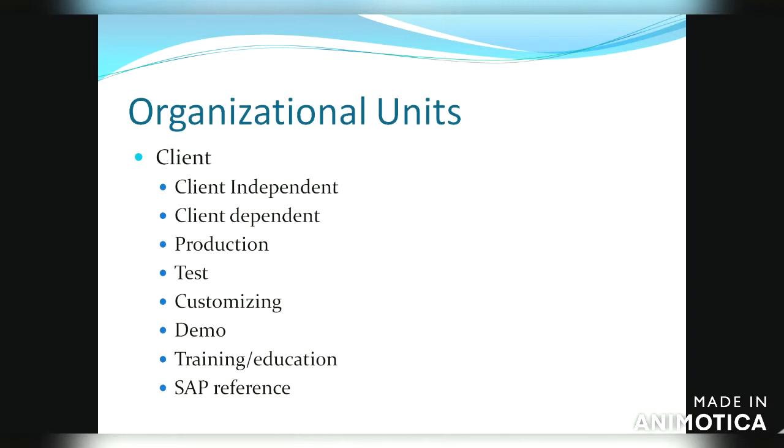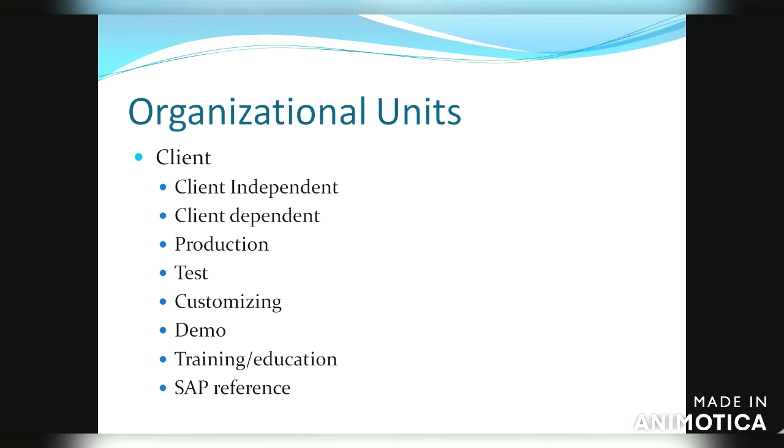So if we need to talk about it in business terms, what is a client? Your client is generally a corporate group or a group of affiliates, and the configurations which we do regarding master records and company codes and the chart of accounts, meaning we assign the chart of accounts to all the multiple company codes. So all these will be available at client level.